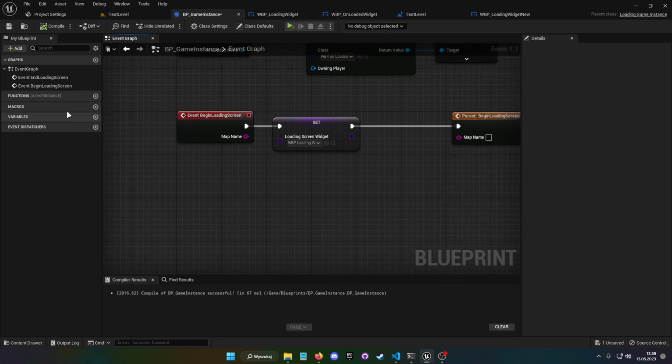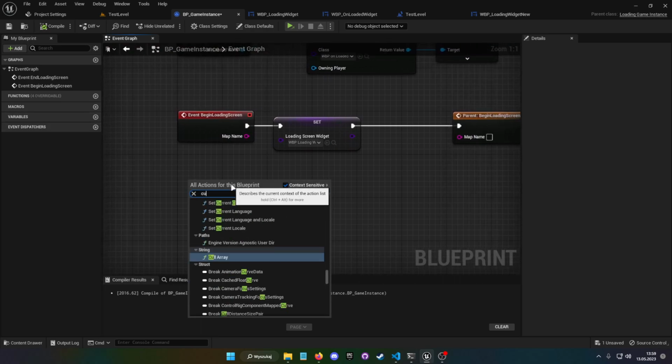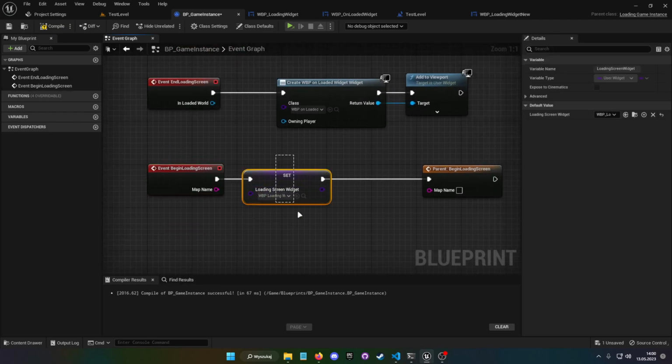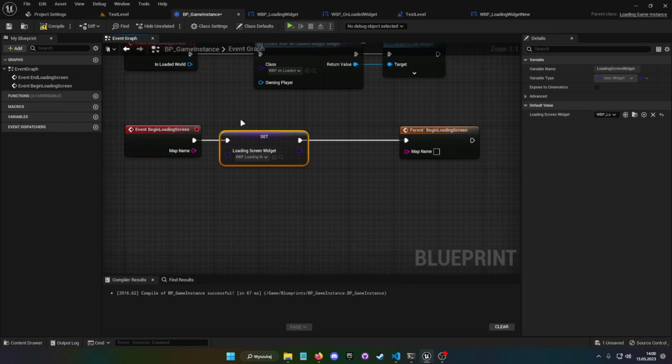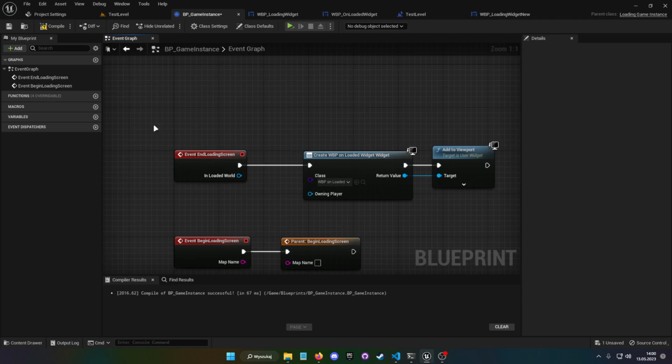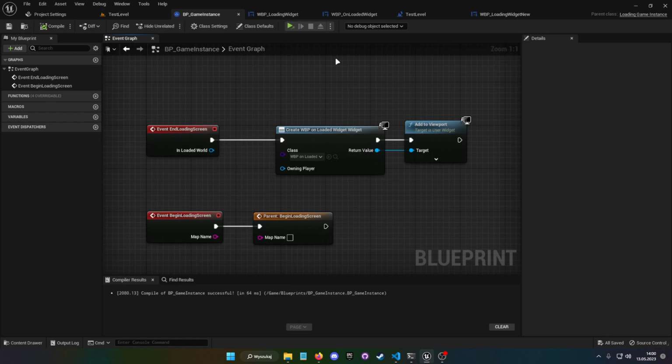And if you want to change, I guess you can just have a new event, which is change. I guess you don't have to then use this on begin loading screen. But you can add more stuff if you want. It's possible. We tested it. It's possible and it's fun. So it's long enough, I guess. I had some fun working with loading, understanding how it works and how to actually make a proper loading widget.